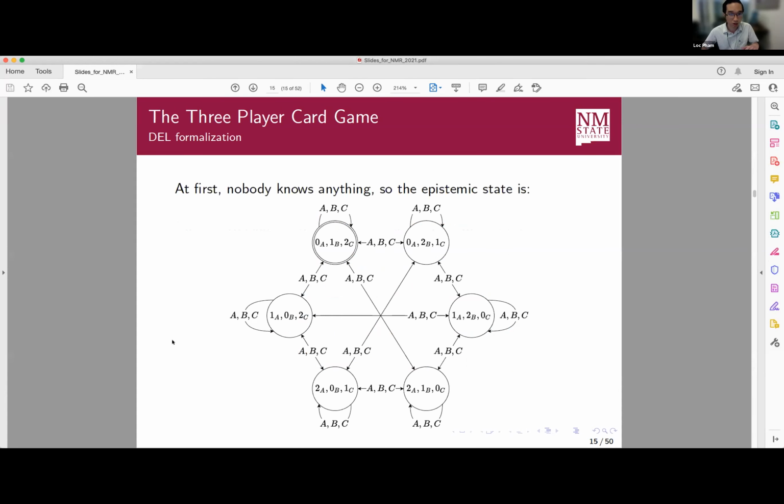Similarly for the action when Bill picks up the second card or Kat picks up the last card. Initially, nobody knows anything. So all the agents consider 6 worlds possible now, because they know that they can only have 1 card and each card must be different from each other. Then when Anne picks up the first card and knows that it is 0, Anne knows that there are only 2 worlds possible for her, those where the card in Anne's hand is 0.